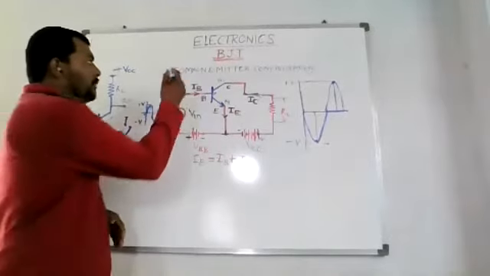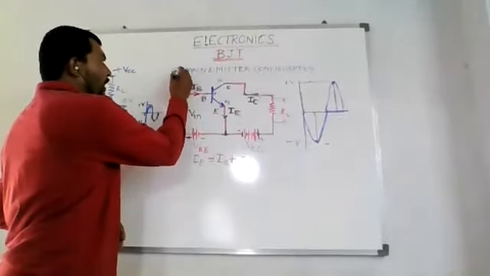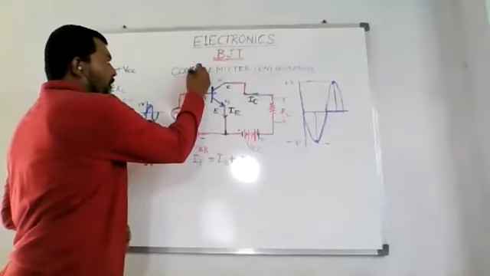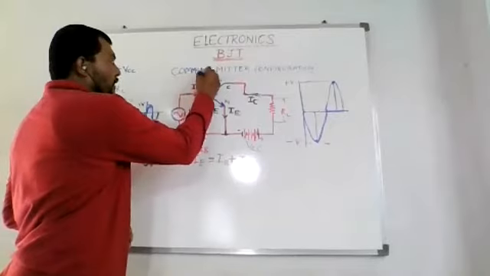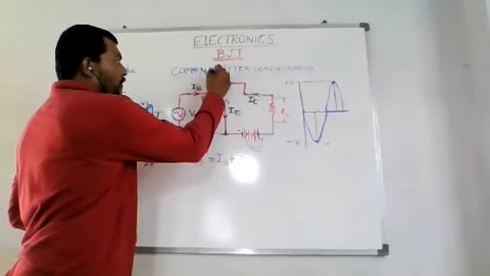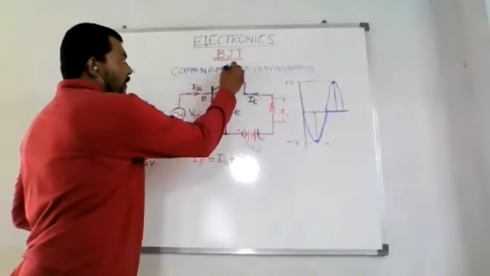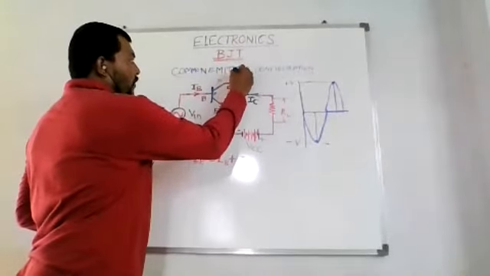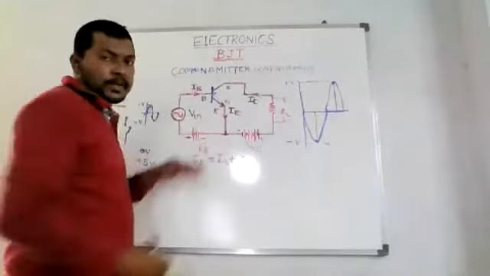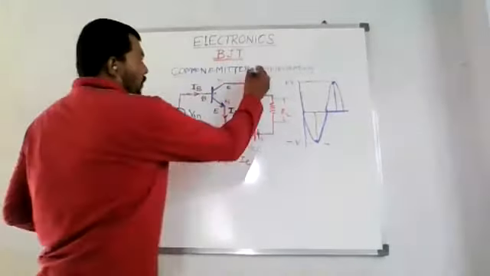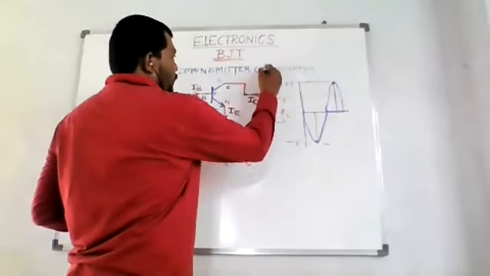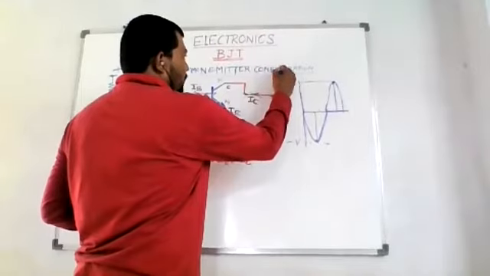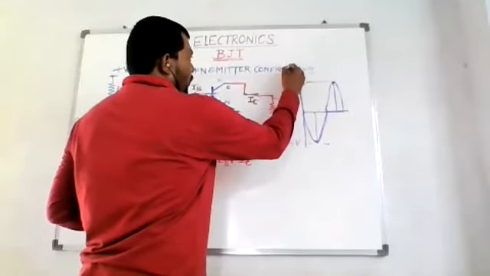Okay, and why is common emitter being extensively used? Because we have high current gain, low input impedance, high output impedance, and so on. There are four characteristics in which we have differentiated. We compared common emitter, common base, and common collector, and we came to know that the common emitter configuration is the best configuration for working. So this common emitter configuration is being extensively used anywhere.